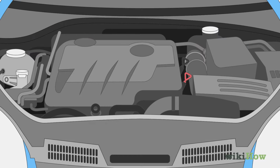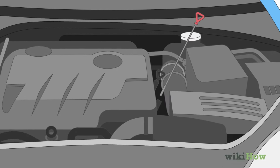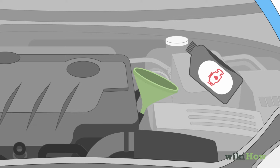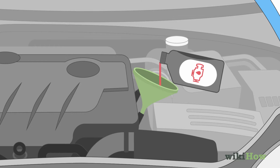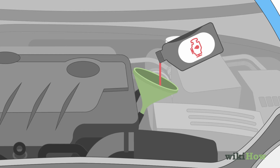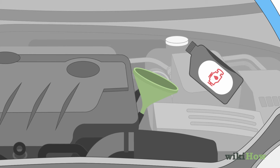Remove the dipstick from the transmission fluid reservoir and insert a funnel into the hole. Pour the fluid into the funnel slowly, taking care not to overfill the reservoir. The amount of fluid you need will depend on whether you're topping off the fluid or completely replacing it after